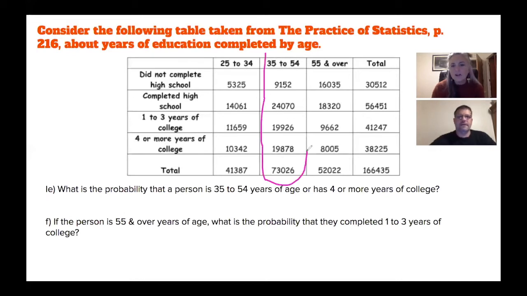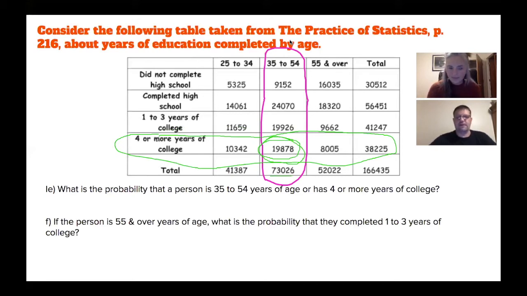Look, I'm circling the 35 to 54, doing it in my color, thank you. And we want these guys right here. Now he's circling. No, we want the column below that. Sorry, I was reading the problem below it. We want this column or this row. But these guys right here, they're double counted. We could use this number and this number, but we're having the double counting here